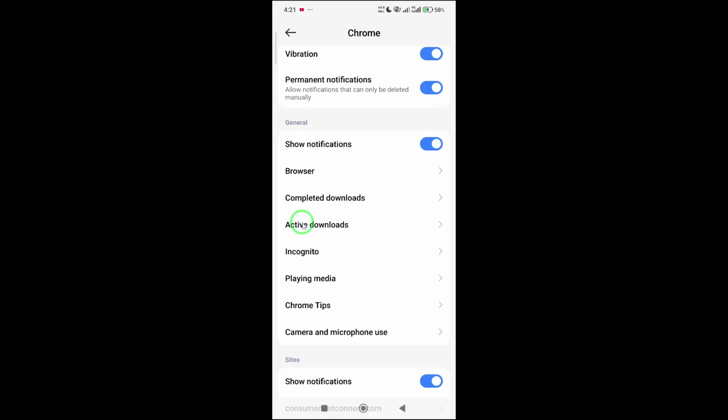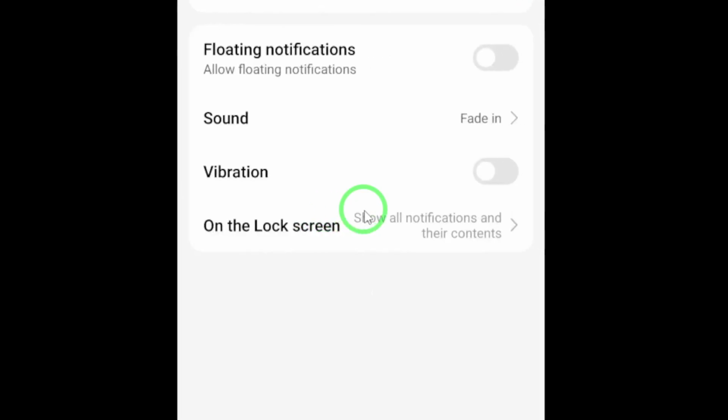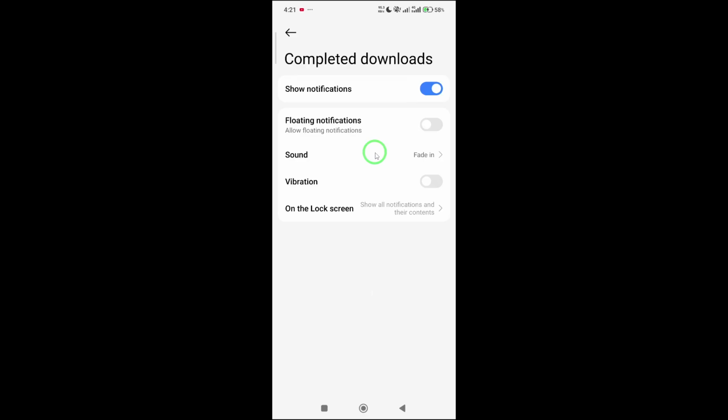Next, tap on Notification Categories. This section lets you control exactly which notifications you want to receive and which ones you don't. Here's the important part. Look for the option labeled Completed Download. Once you find it, simply toggle it